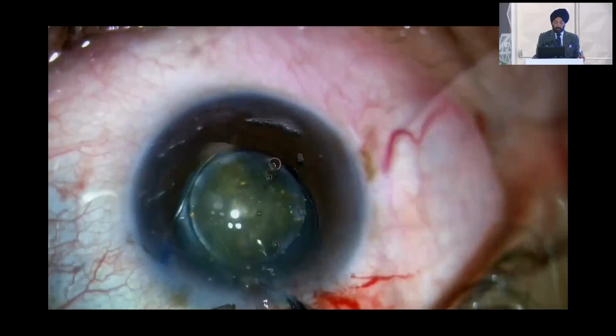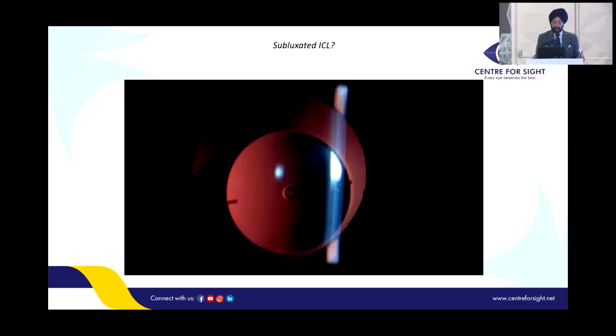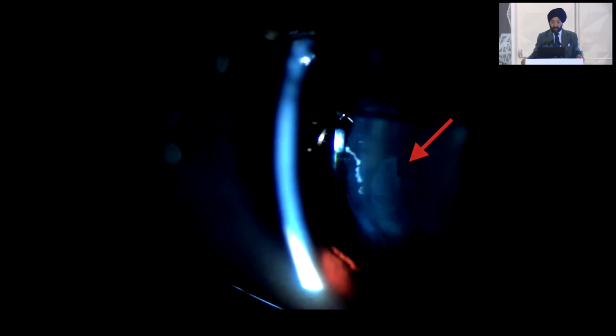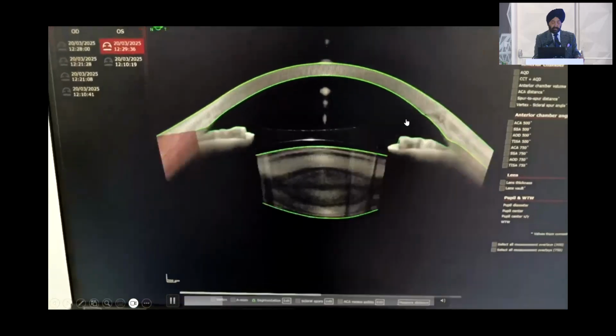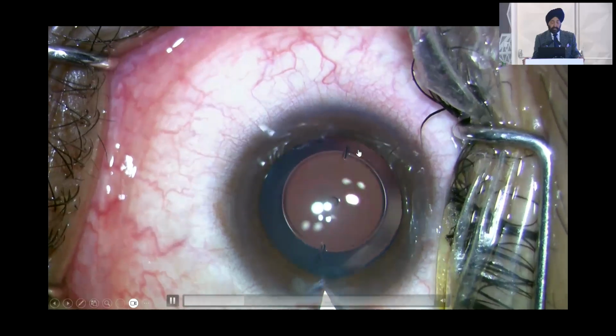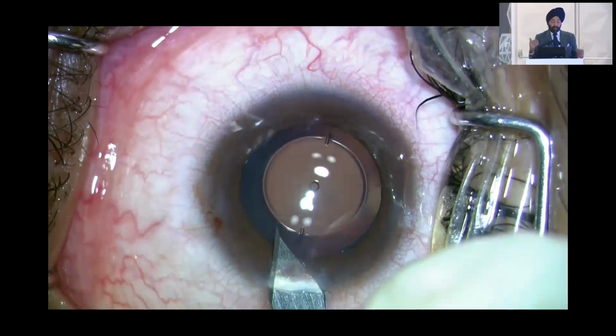This is just to show you that the lens can be pulled out from the same incision. You don't need a hand-over-hand technique. Now this is a case that came to me, which had been operated somewhere in the NCR, and the ICL was subluxated. The patient was not getting good vision, and you can see in this particular case the lens is decentered. The doctor had redialed, and there was also cataract formation. I did the OCT and the vault is pretty good. He had used a 13 millimeter lens, but according to me it should have been 12.6; despite that, I couldn't find anything on the OCT.